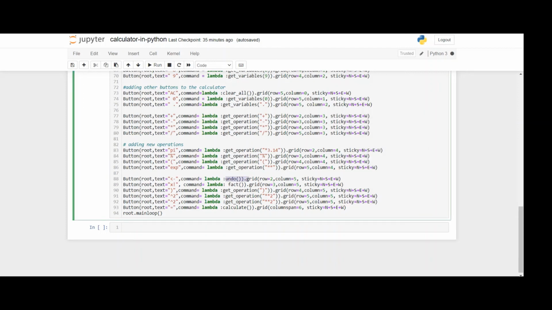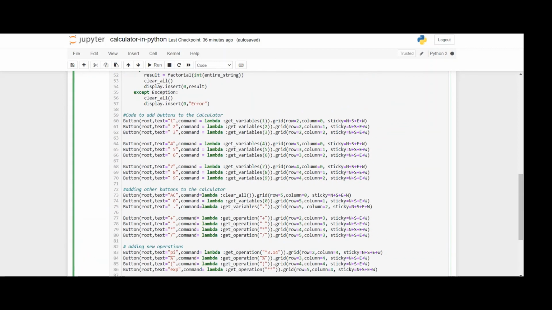Like that, here you can use the calculate function. If you write 4 plus 3 and click on the equal sign, it calculates the summation, and that's 7. So we use the calculate function here.